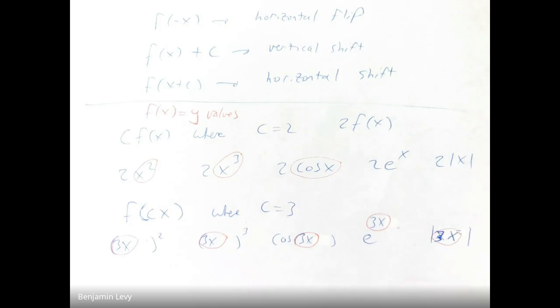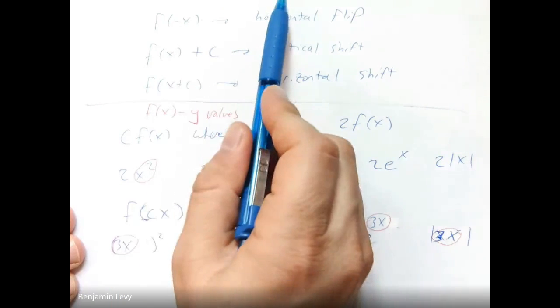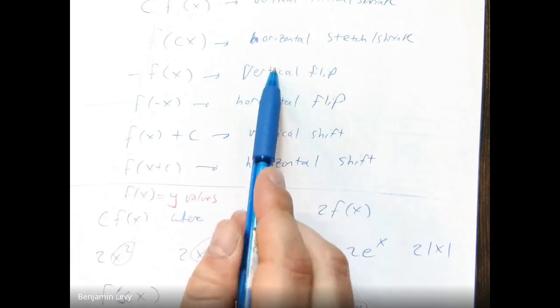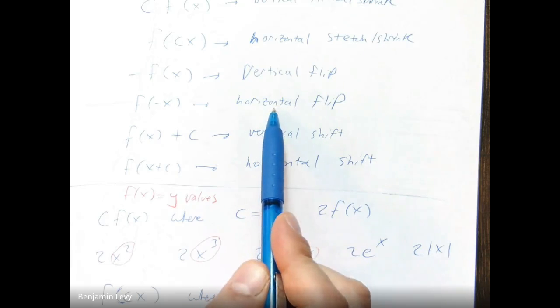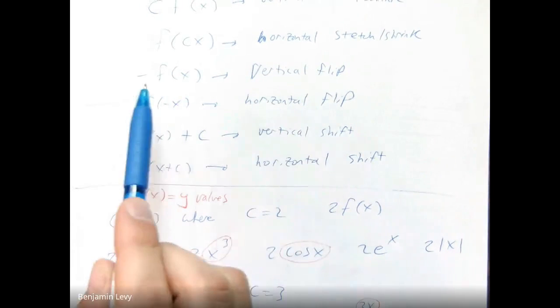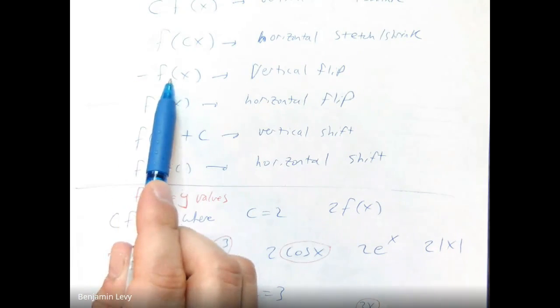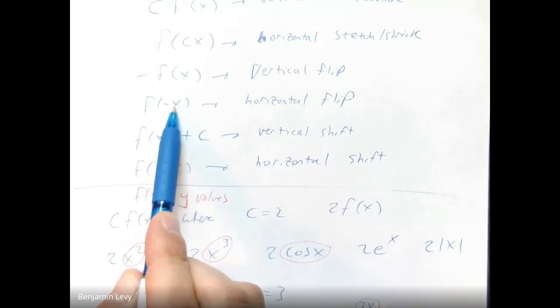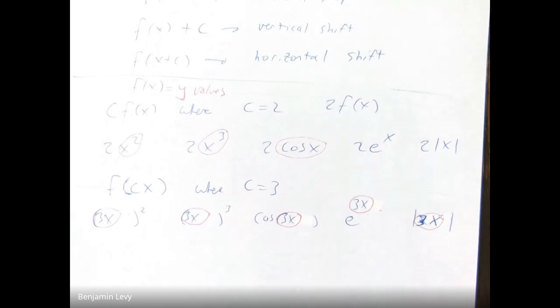So let me go on to the next one then. The next one that was at the top here was vertical flipping versus horizontal flipping. So that's multiplying by -1, but again, is the -1 on the outside of the function or is it on the inside of the function right up against the x? Right, and so if we looked at flipping,